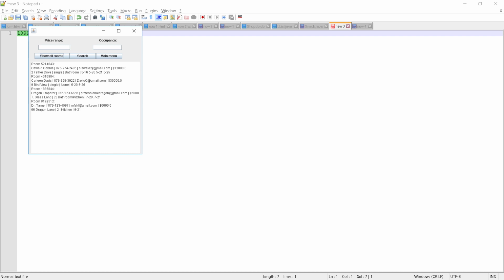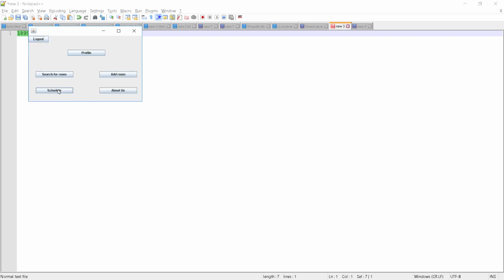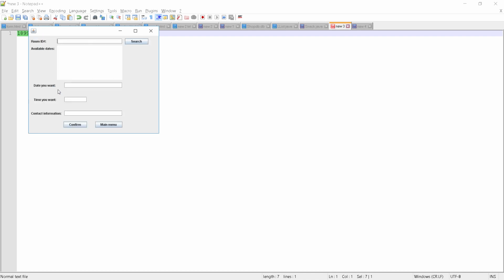So here we have Dr. Taylor with his room ID here. So we're going to use this room ID. I'm going to copy that. And let's go to the main menu. And if we wanted to create a schedule, right, an interview day for a particular room, then we would need that room ID. So here is where we would place Dr. Taylor's ID. It will tell us the date,